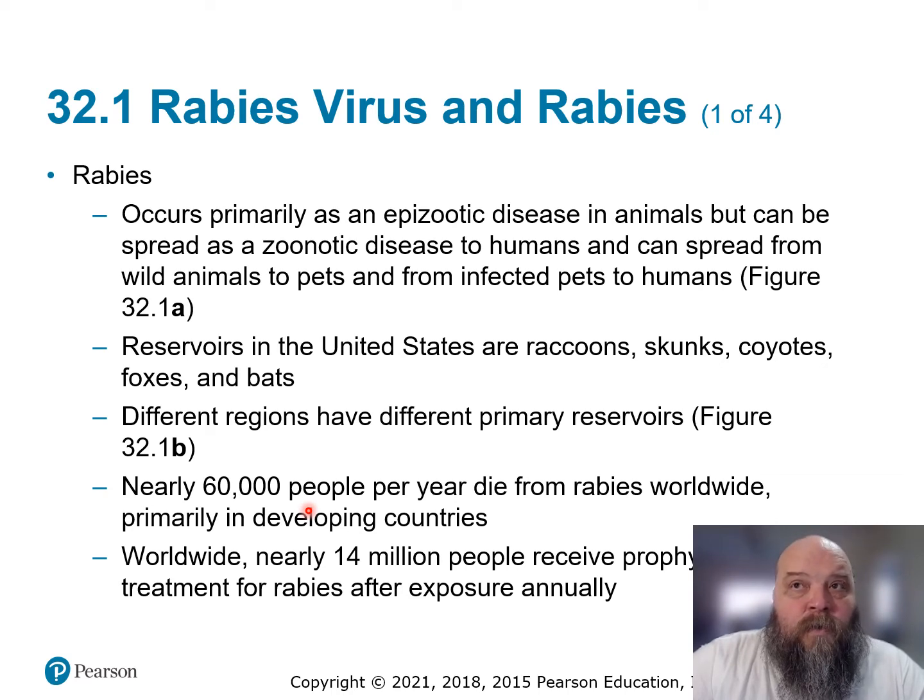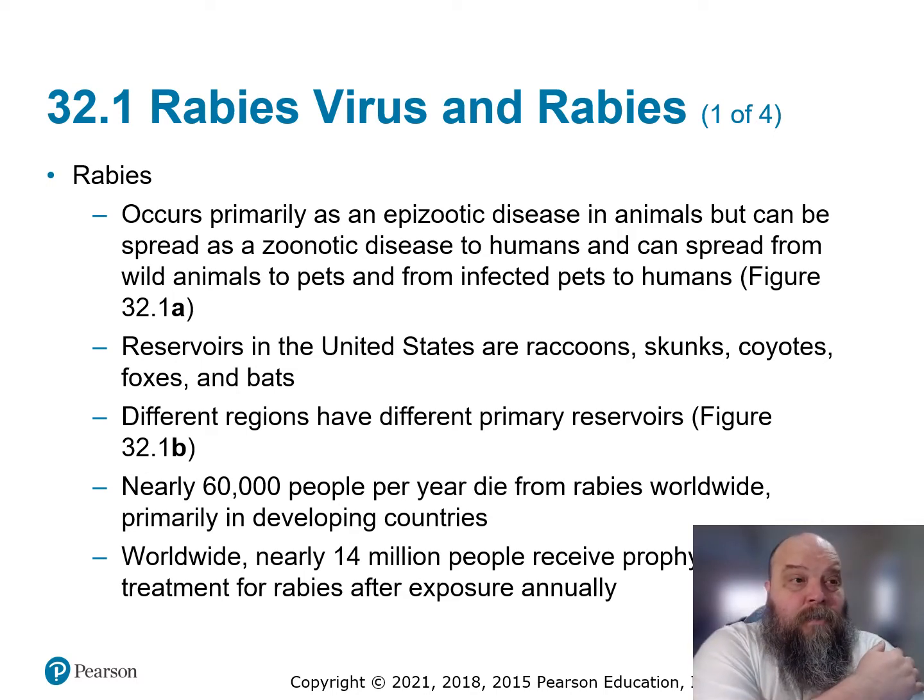Most of these people are going to be in third world countries. Not very many people here in the US or Western Europe die from this because we're now so ingrained in our medicine that if you think you've been bitten, whether or not you know for sure that that animal, that bat, that coyote, that rat, whatever bit you, may or may not have rabies, they're going to give you the rabies vaccine. The idea is that, well, that's one of the treatments.